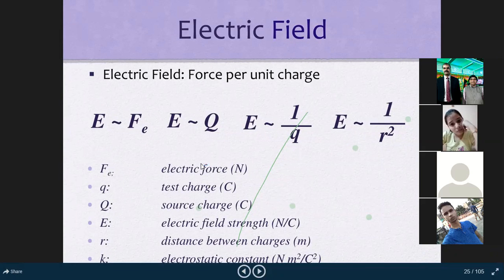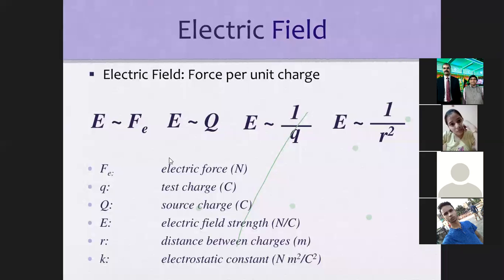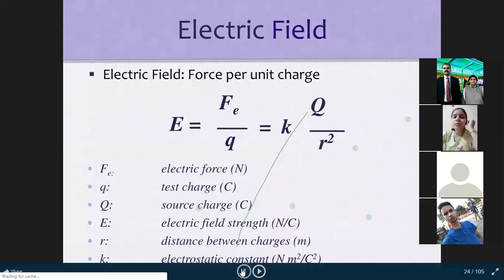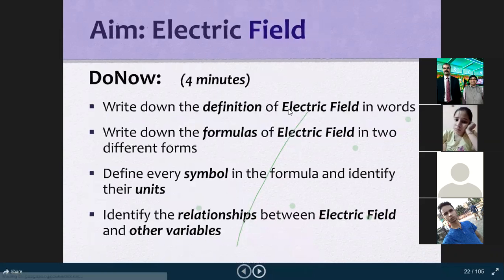Now try to understand. पहले वाले क्वेश्चन में देखो, यहाँ जो क्वेश्चन हमने पूछा था वो ये था कि राइट डाउन डेफिनेशन, राइट डाउन फॉर्मूला, डिफाइन सिंबल एंड आइडेंटिफाई रिलेशनशिप। इसी का आंसर वहां है। अब जरा ध्यान दीजिए, यहाँ पर 4 क्वेश्चन है और इसको रिकॉल कीजिए। अब मैं आगे बता रहा हूं,